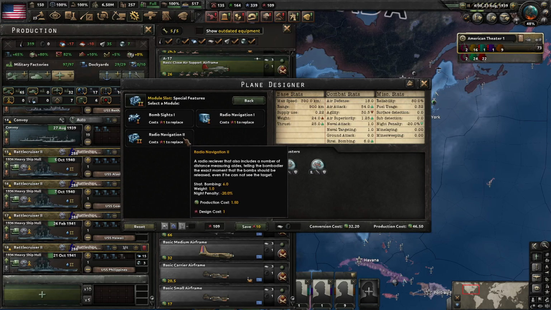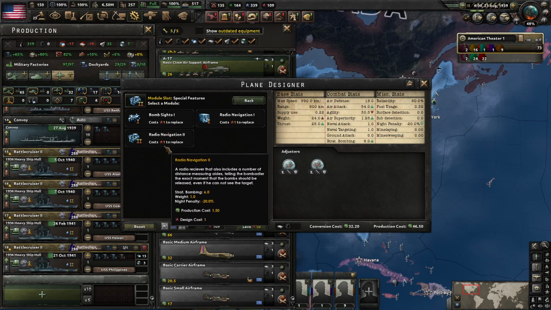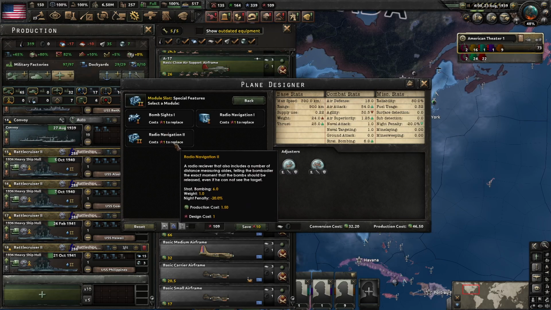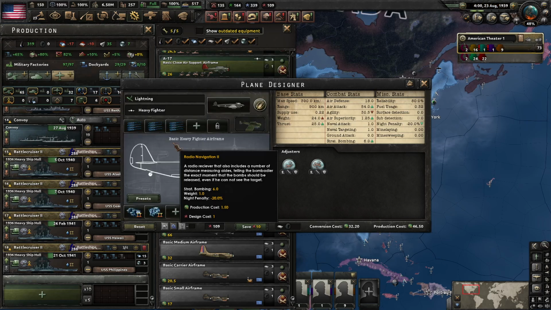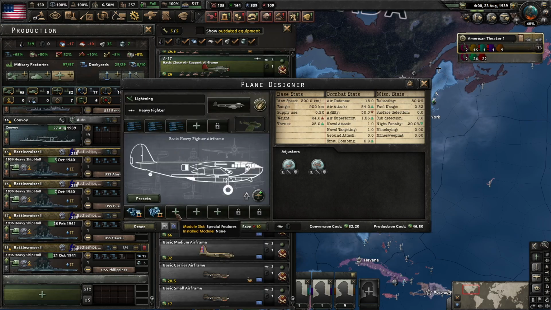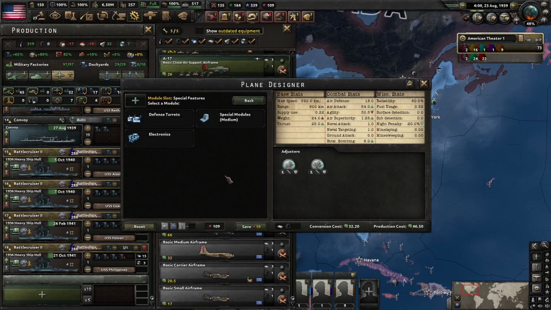There's also, when you get later on in the game, it's only 1939 now, things like air-to-ground radar, air-to-air radar, and stuff like that. Air-to-air radar is very, very good for fighters that you got on intercept missions, but we're not going to be using these fighters for that yet. In any case, that's a late game thing that can be done. So, I'm going to throw some radio navigation on this plane,